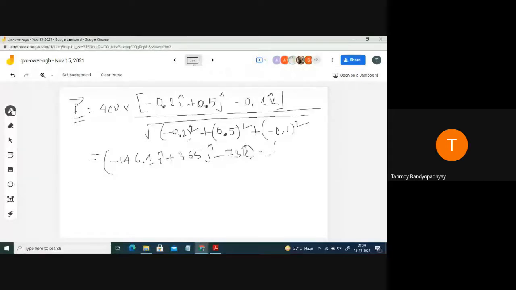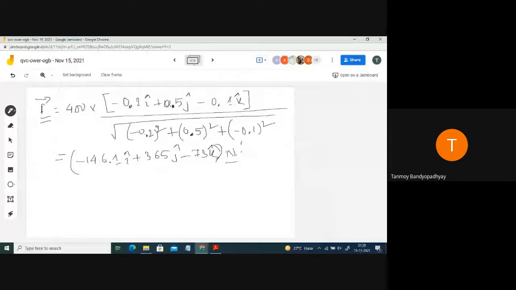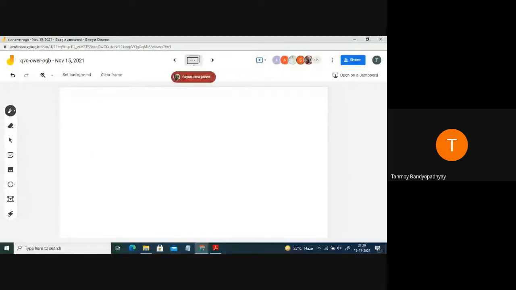So whatever answer you are getting is in newtons. Let's move on to the next part. In this case, you have to find out the projection of the vector F on the x-axis. We had a discussion on how to find out the projection. In order to find out the projection, what you do is a dot product actually. So what I can write is, this is vector F dot nx cap. So this is the unit vector in the x direction. Correct. So I can write it to be the magnitude of the force vector.